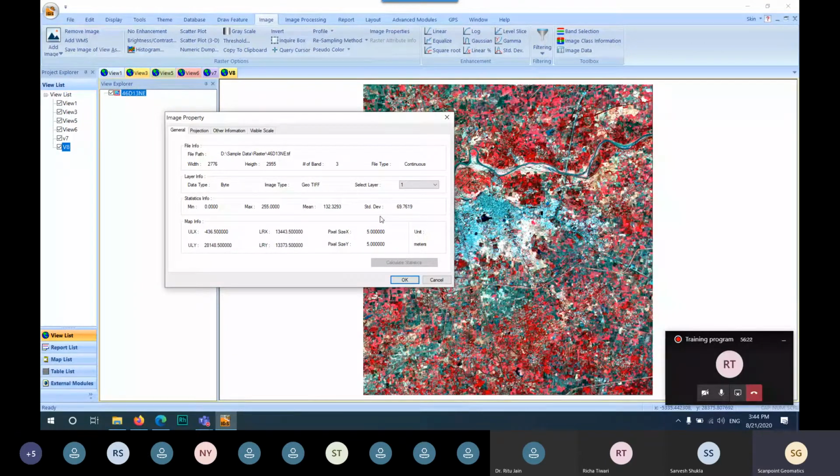And the last resolution is the temporal resolution. The temporal resolution defines the number of days when a particular satellite revisits a particular location at a particular time. That defines the temporal resolution of our satellite.